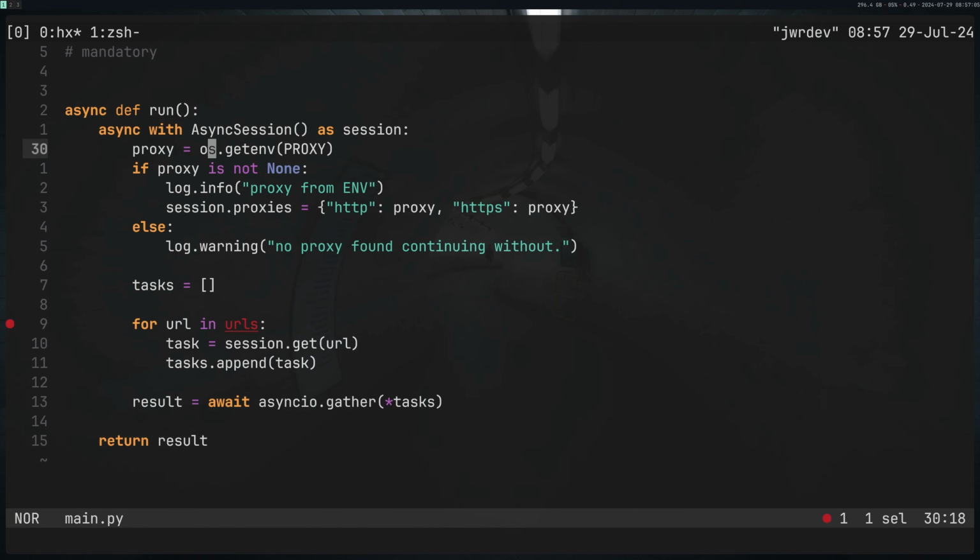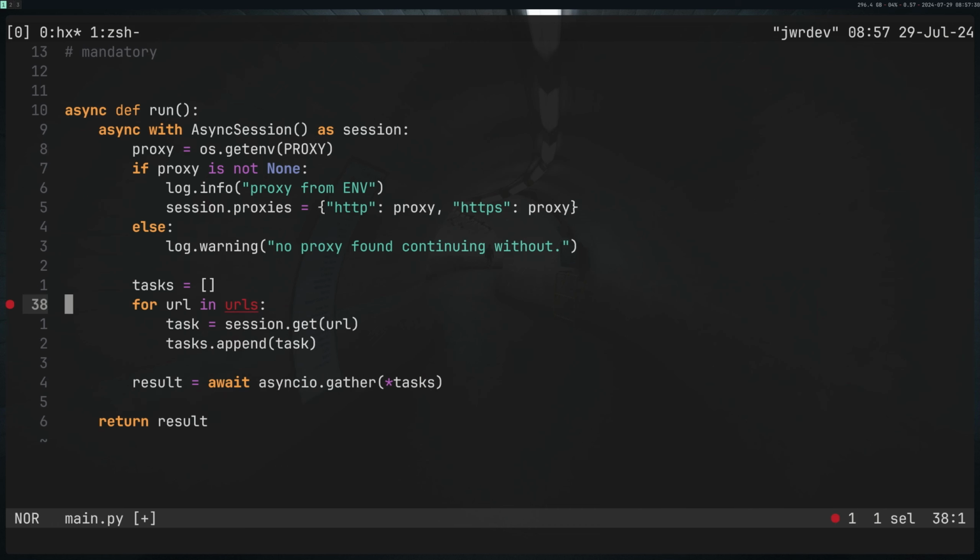From this, I recommend you use a proxy. You could of course just do this string here and put your proxy string that you get from Proxy Scrape directly in this variable if you want to. I've just done this because I want to make sure that I'm pulling different ones from my environment that we can then use depending on what I'm trying to do. And I will also get a log when I run this if it hasn't picked it up from my environment, so I can avoid using my own